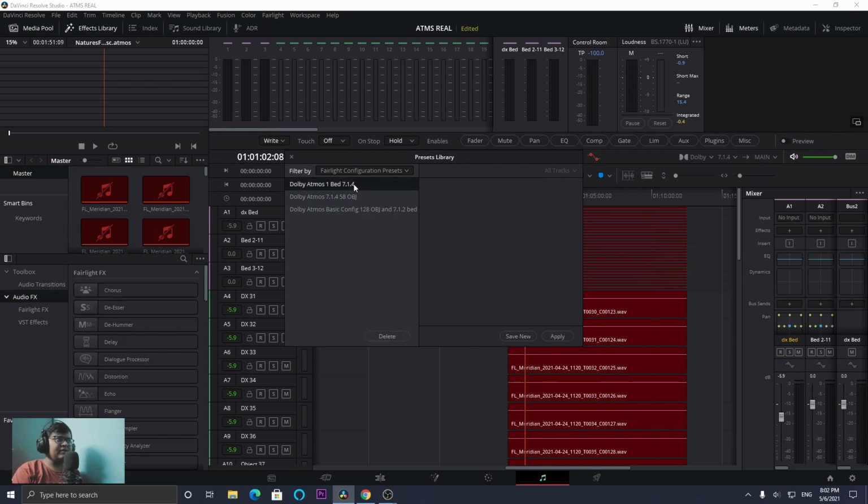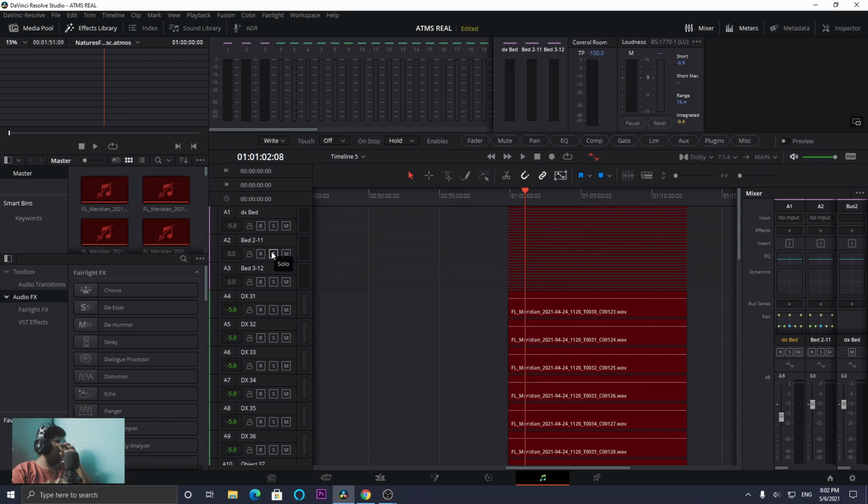The first one is Dolby Atmos 1 bed 7.1.4 configuration, which is not as efficient as the other two. The other two are Dolby Atmos 7.1.4 with 58 objects, like this.